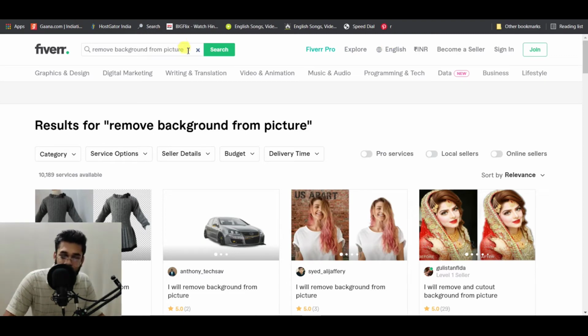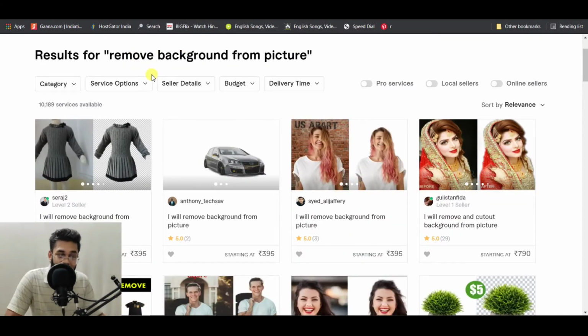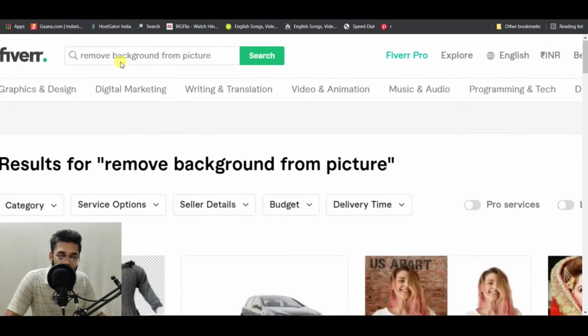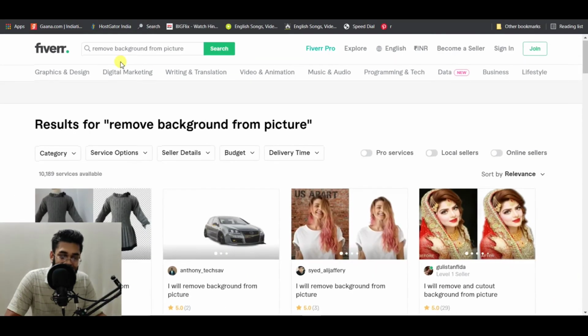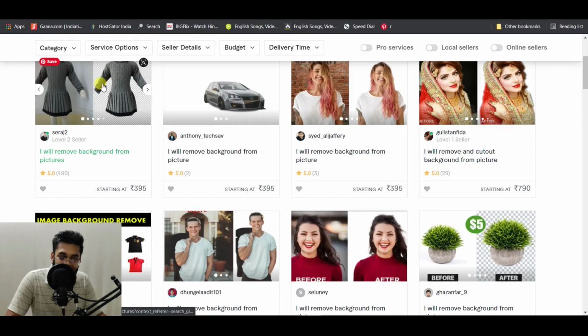If you are going to try other keywords for this type of service, then there is a lot of competition, but if you are just going for this keyword, then there is a bit less competition. So there is a huge chance that your gig will rank on Fiverr really fast.